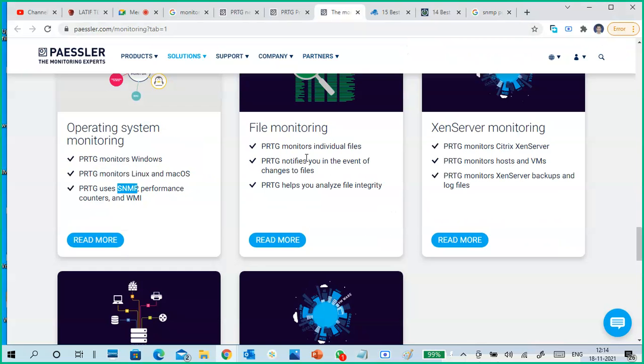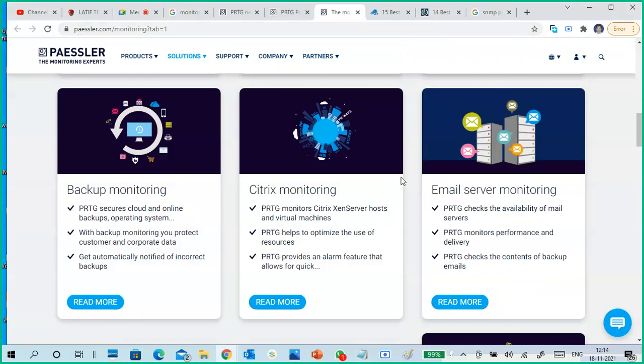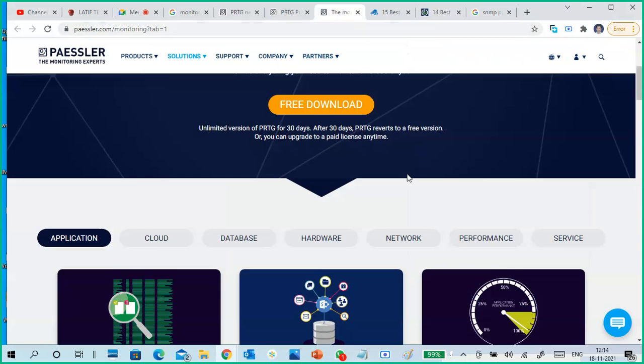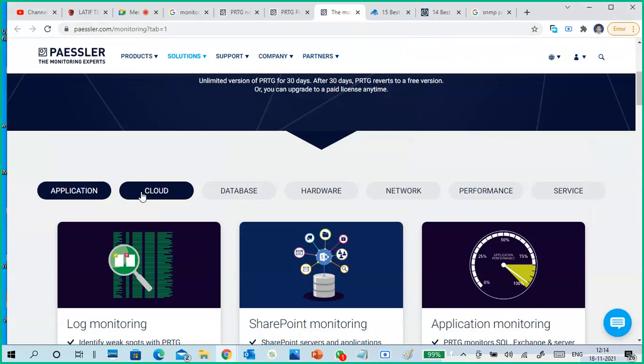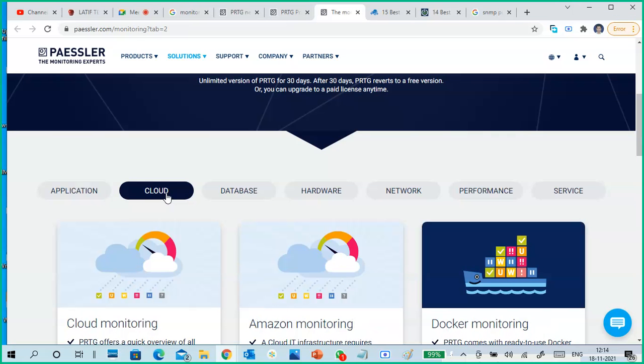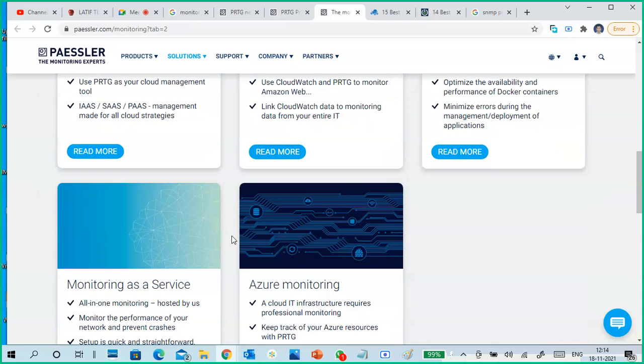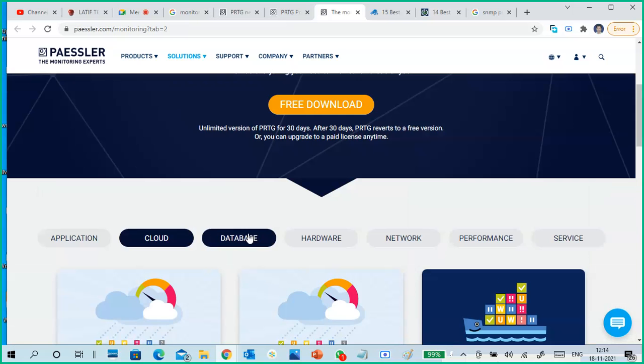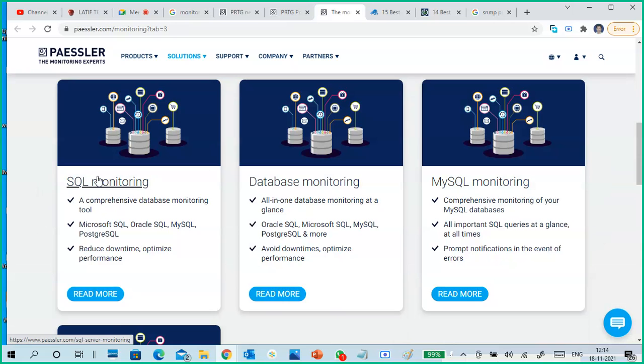Next, this is PRTG, one of the tools for a user to monitor different things. It is given as an application, and you can go to cloud. What are the cloud-related monitorings we can get? Database monitoring, in the same link only, on this site.